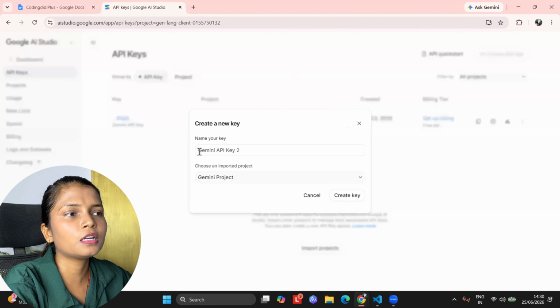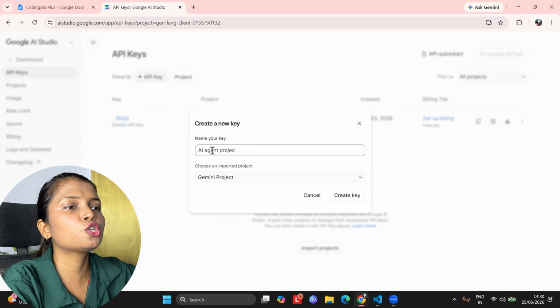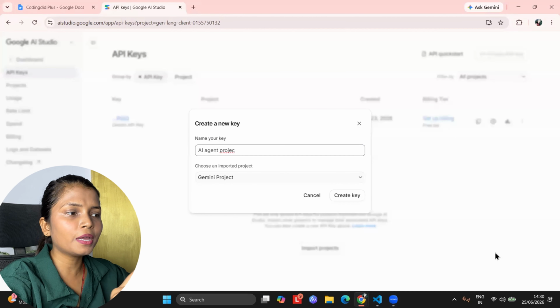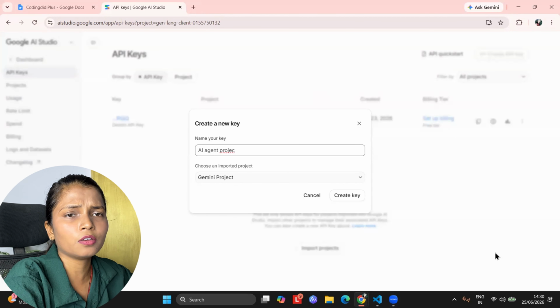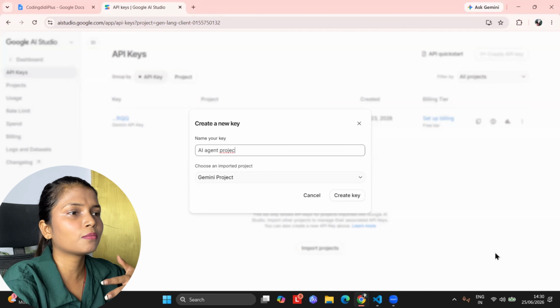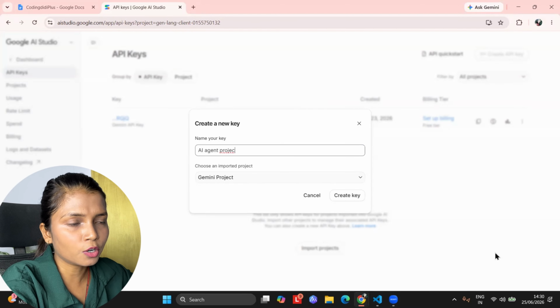So let's say you are creating one AI agent project. So you give it a name, and once you click on create, it will give you the key directly on your screen. So you copy and paste it in Notepad anywhere, or even on your WhatsApp as well. But you do not have to commit that API key on your GitHub repo, because the API key is something which is private, right? So you have to make sure you never do that, right?